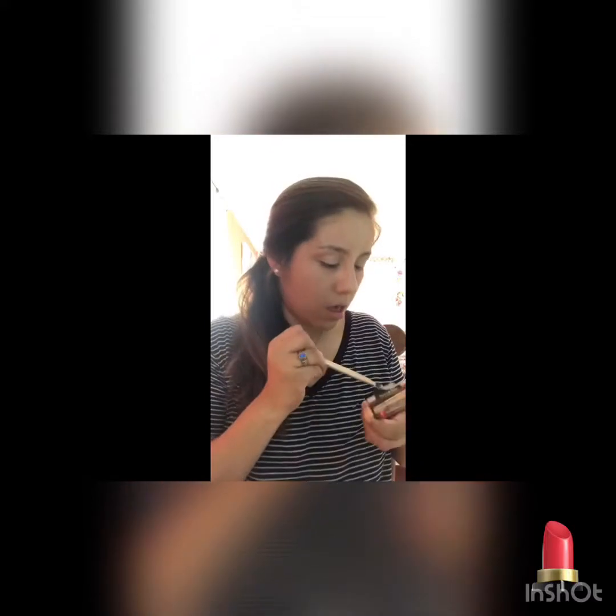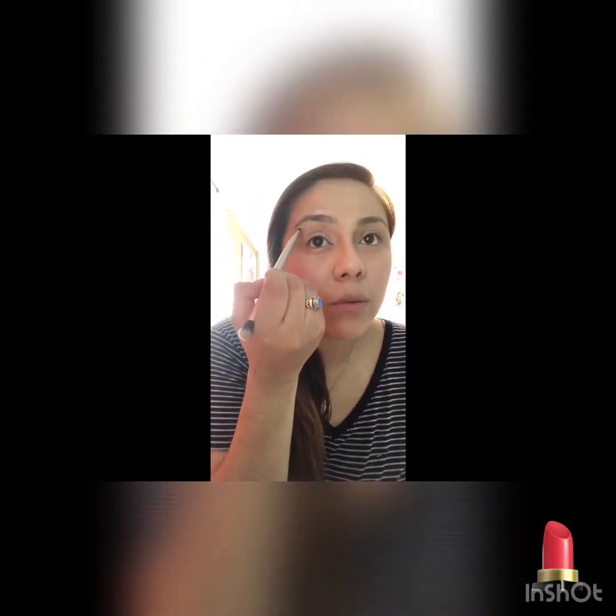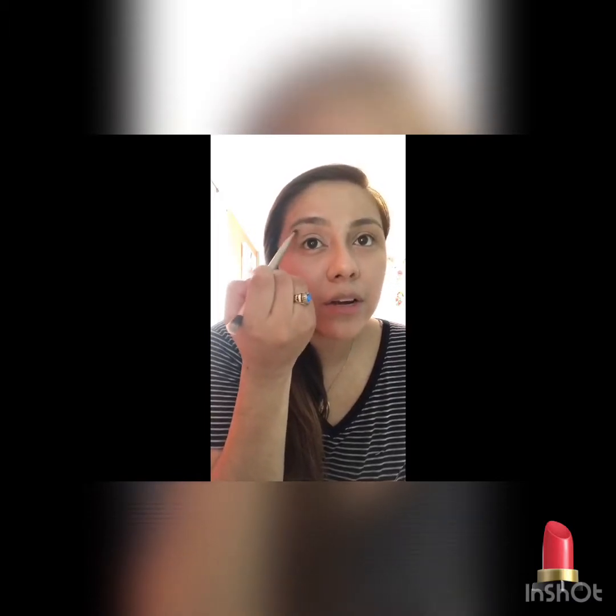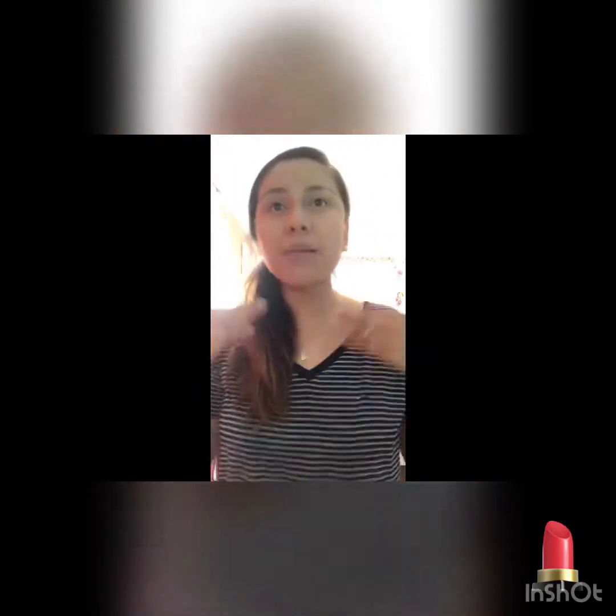a really thin brush. And this one says brow bone. It's kind of like a highlighter. I'm just going to literally go right on the brow bone and add that little lighter bit there to make my eyebrow pop, you know. To make my eyebrows feel special. Alright. Try not to put too much because we don't want it to look too highlighty. So now that I'm done with that, I'm going to move on with